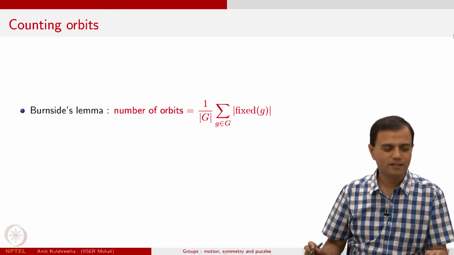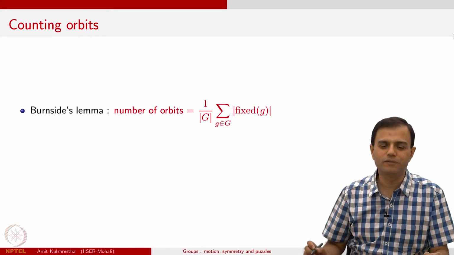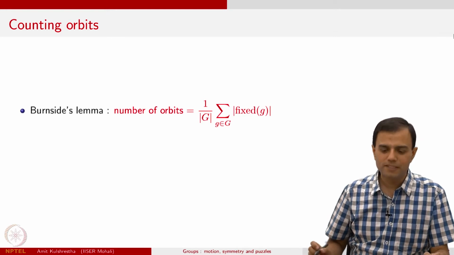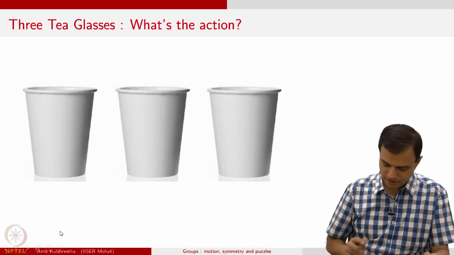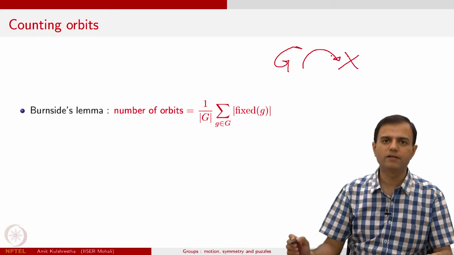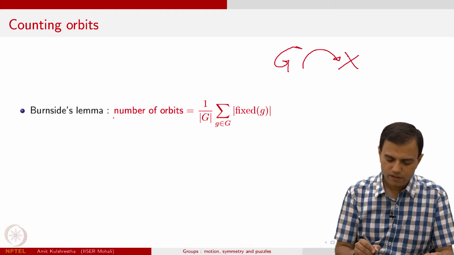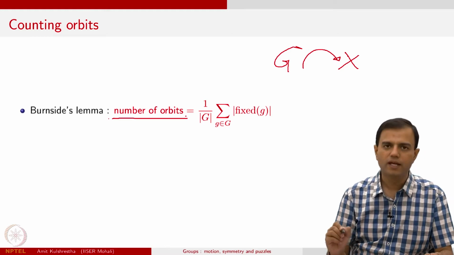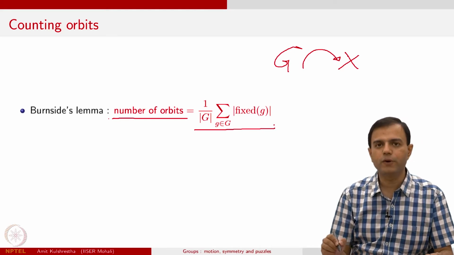So welcome back. In the last lecture we saw some motivations for the definition of a group, some examples, and group action. When you have a group, you have a set, and one can make this group act on a set X, that's group action. And we saw the formula for the number of orbits, and it turned out that the number of orbits is precisely the average number of fixed points.